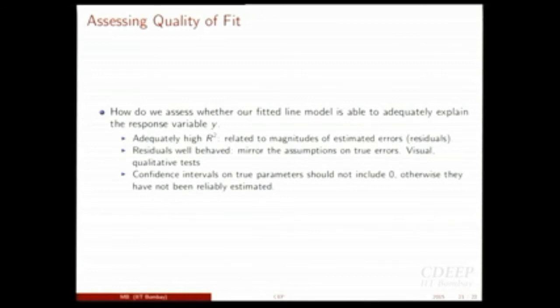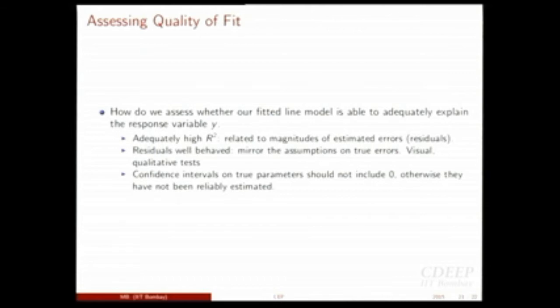Largely, these are visual and qualitative criteria. So there is no hard and fast rule, there are no black and white tests. It's not that you do this test, and if this is satisfied, then your model is good, and if this test is not satisfied, your model is bad. So that's where really the software doesn't help us. It can generate all these plots and so on for us, but we still need to interpret those plots. There are often no simple binary answers.